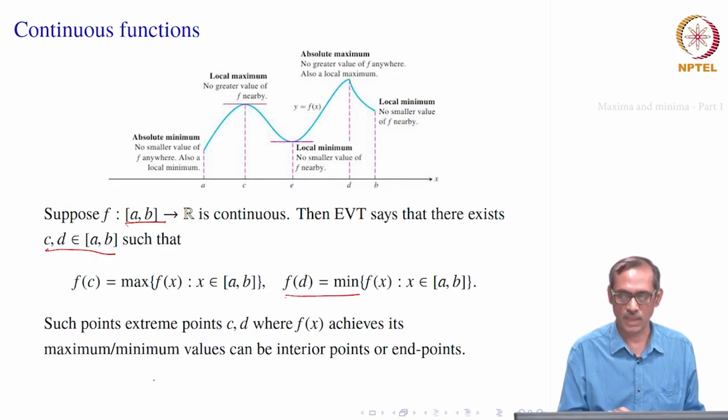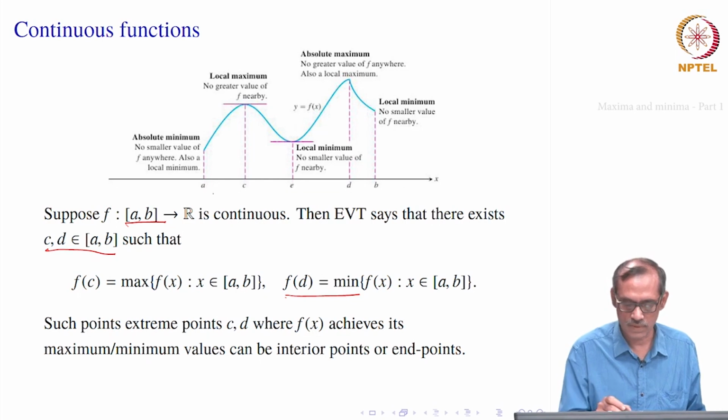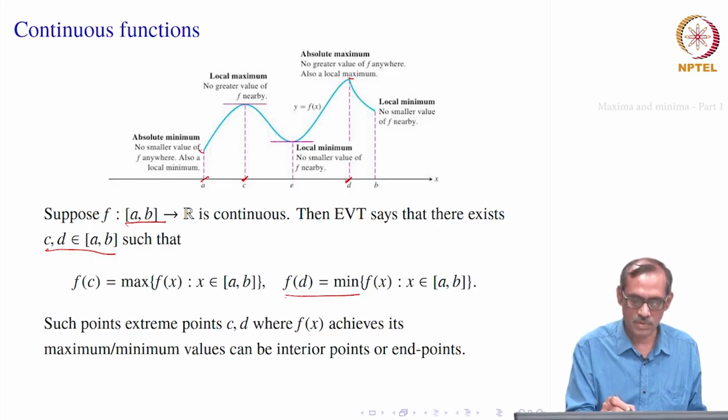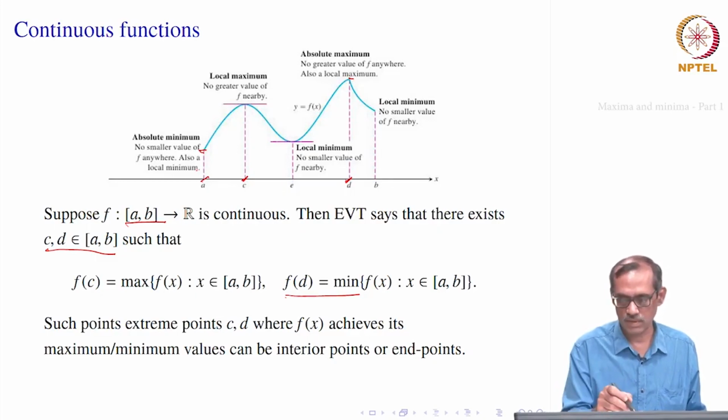If you look at the graph, we have c which is here, and d which is here, and we have a. Let us say the absolute maximum occurs at d. That is what we see from the biggest height of the function, the f(x) values. So, at d we have the absolute maximum, and at a we have the absolute minimum, that is the smallest value, the smallest vertical height of f.